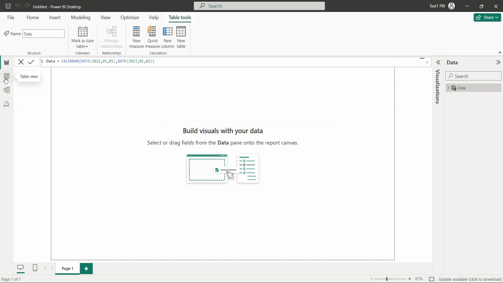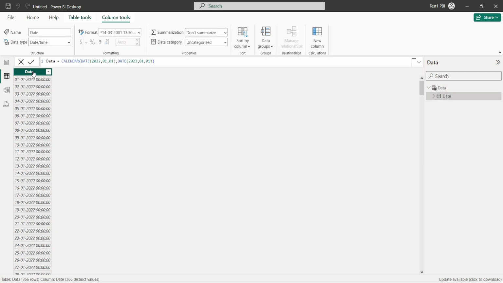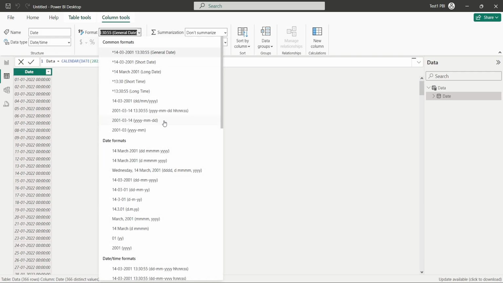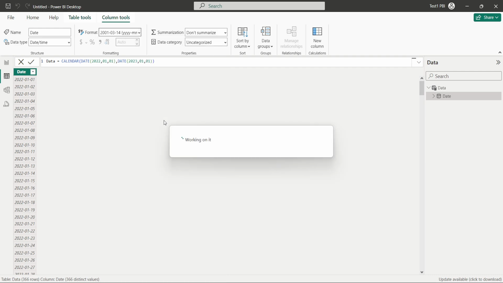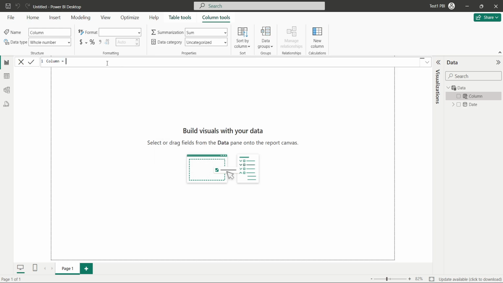Now let's click on the table view. So this is the table that is created by the name data, and this is the date column in it. Let's say we want to change the format of date, so I'll just simply select this date column and change it to YYYYMMDD. All right, now let's say in this particular data table I want to add one more column in which I want sales to be there. So I'll just simply right click on this data table and then I'll click on new column and I'll name this column as sales,